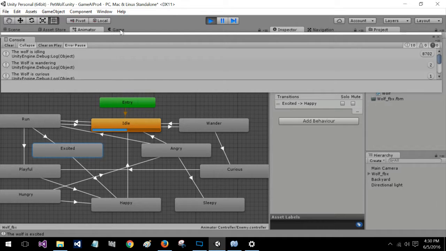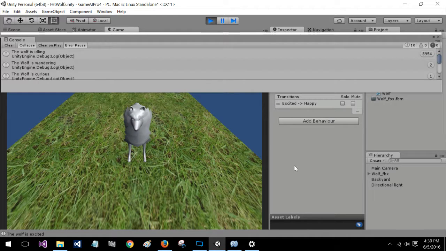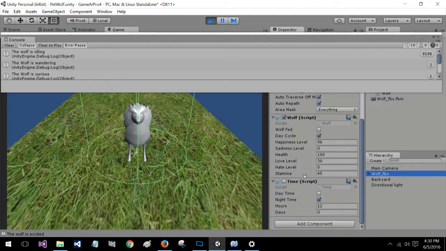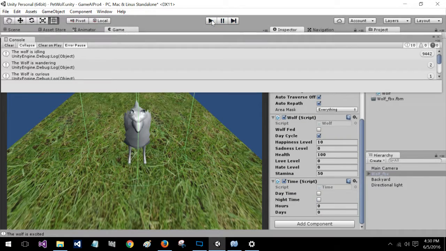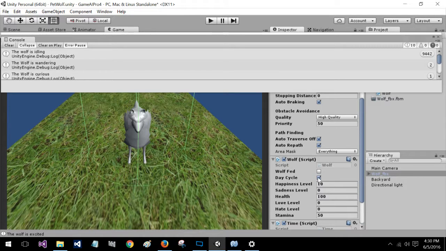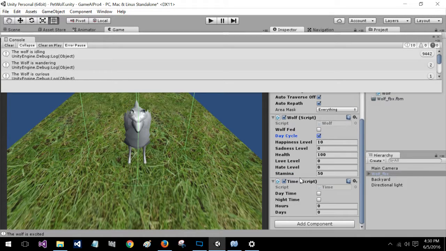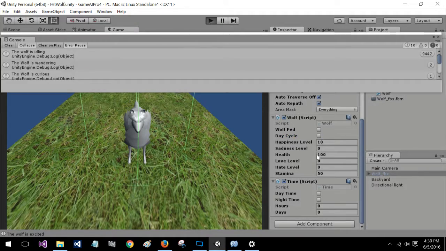That's without day cycle on. Now I'm going to show the day cycle. Let's click on the wolf. And day cycle. Here we go. Let's turn on the time script. Let's actually start this whole thing over too. Turn on the time script. Turn the day cycle off. Actually, turning that turns it on. And I should probably fix that too. Anyway. Daytime, nighttime, hours, and day. Hit play, and